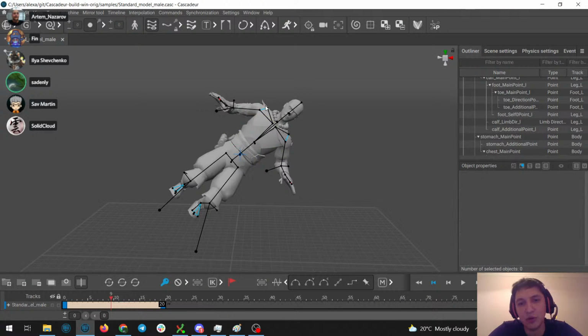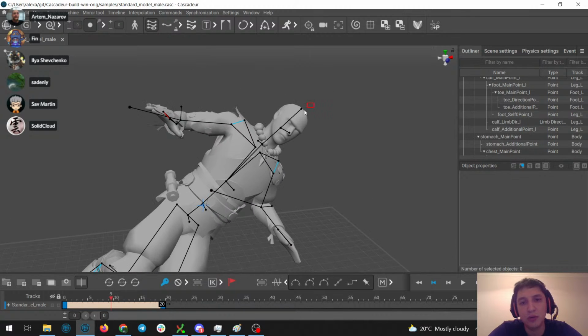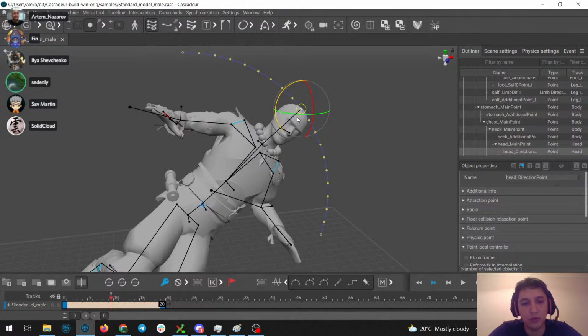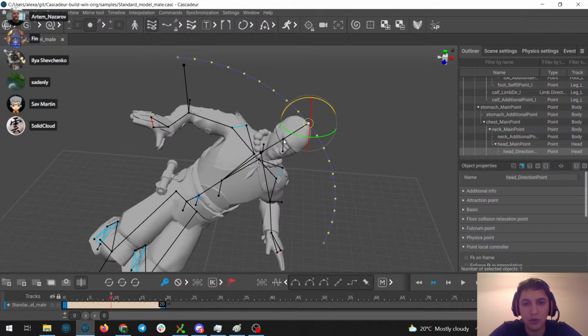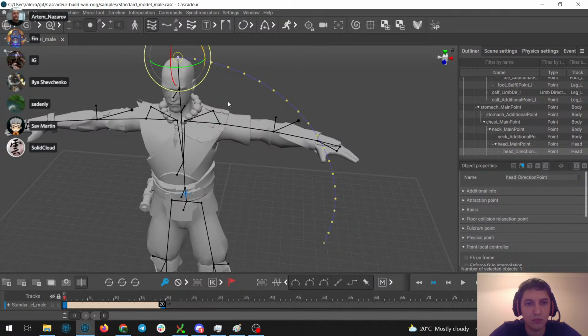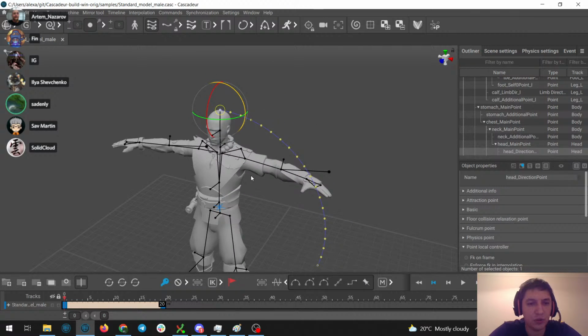Well, basically because we want this point to always rotate around this point.